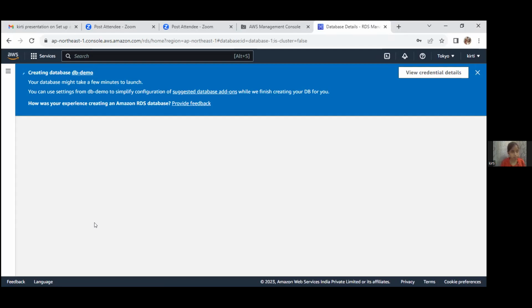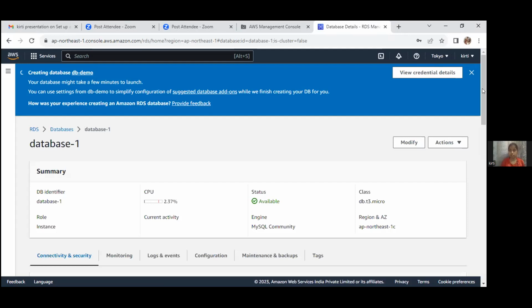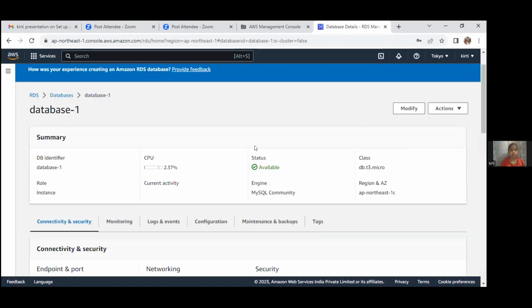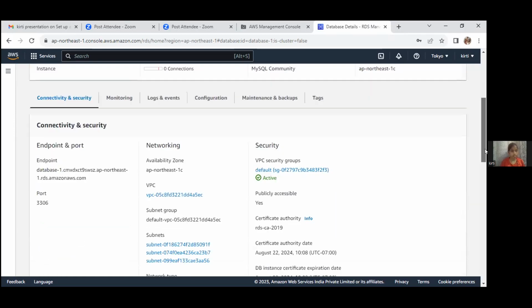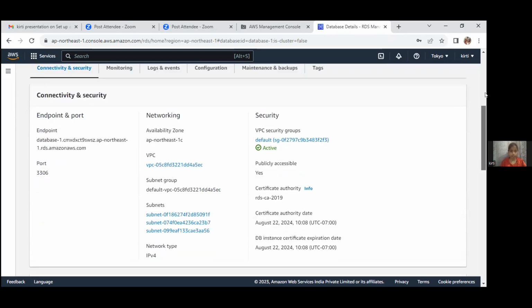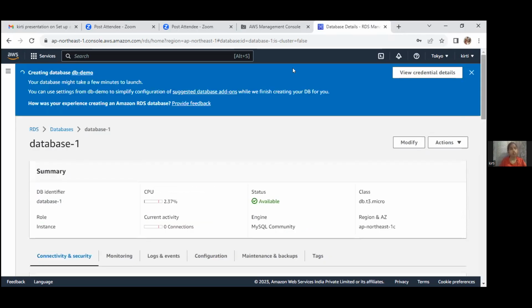Through this database I can see that the status is available, with the engine and class. So this is how to set up an Amazon RDS.